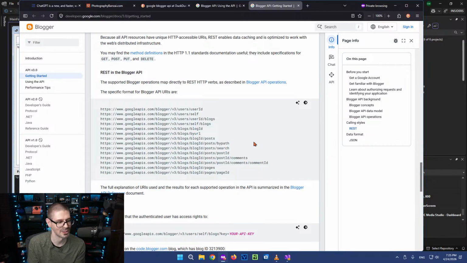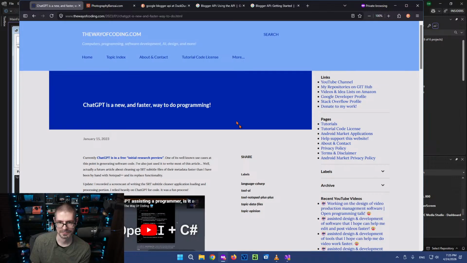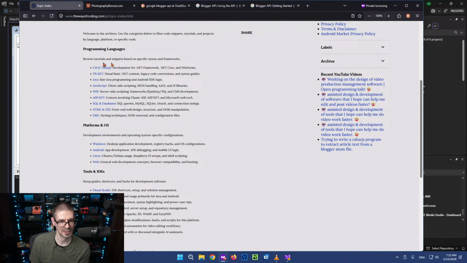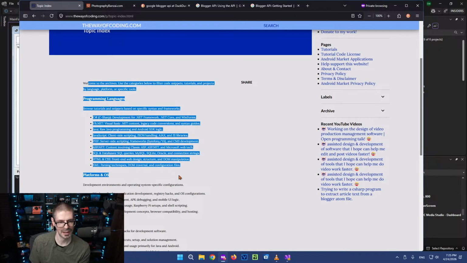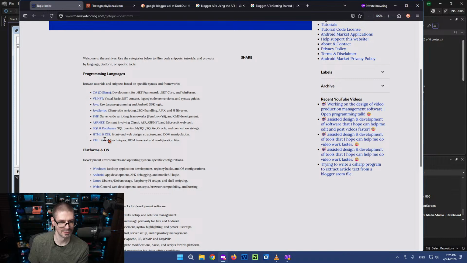So I was using this Gemini Pro to do that. And it worked pretty well. And I did that across my websites here. So if I click topic index, these are the ones that it made for this one. And the AI generated, based on feedback from me, what to include as a category.